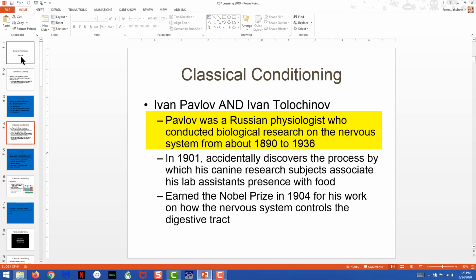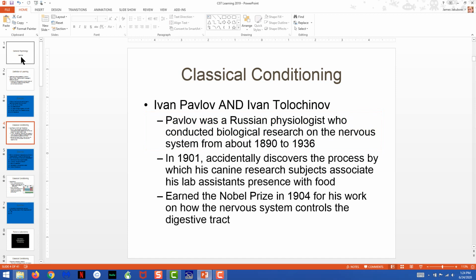And while he was there, he did mostly work on the underlying physiological processes related to feeding and how the nervous system controlled the feeding system. So the development of saliva, swallowing reflex, the digestive process, the peripheral nerves involved in detecting food in your stomach and your intestines, and the feedback mechanisms back to your brain. All of this work should sound very biological in nature, and that's essentially what he was doing.